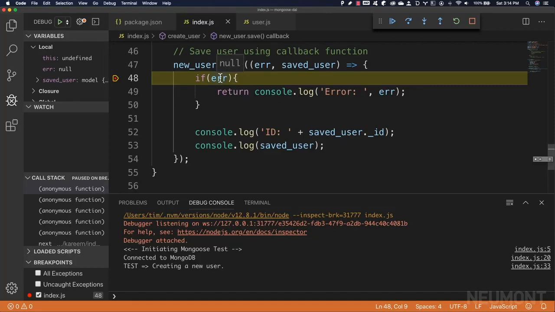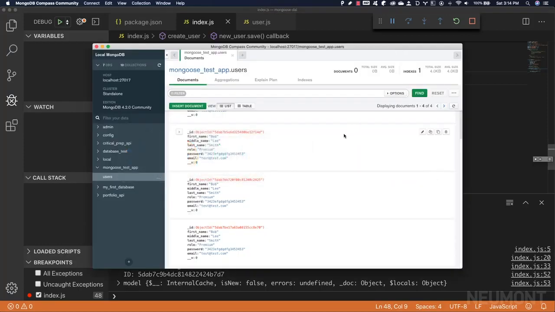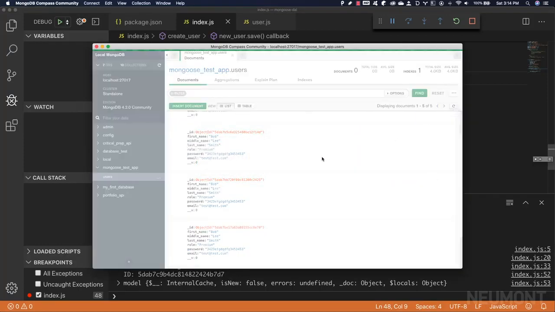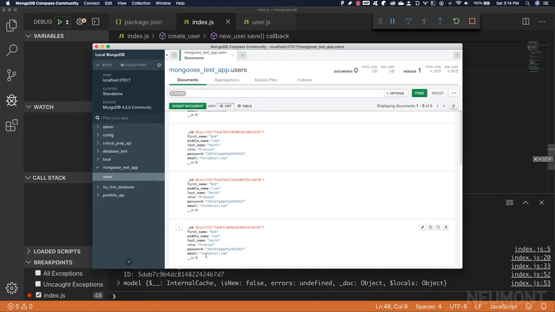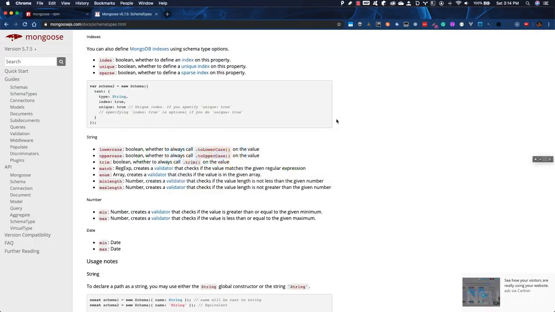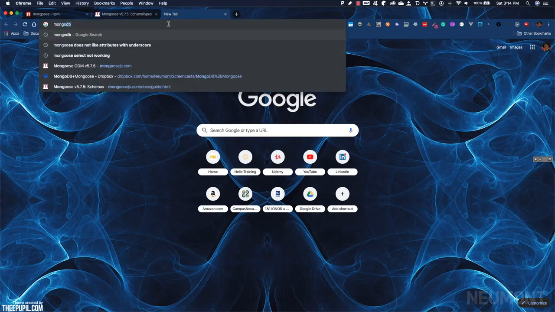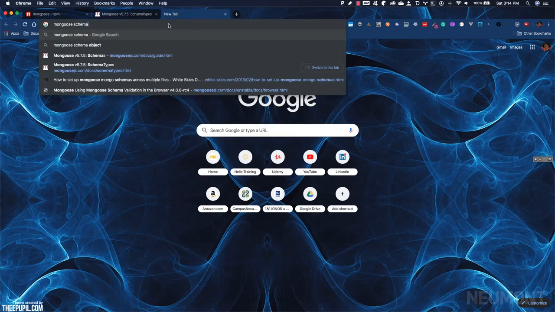Should break right here. Still no errors if we click play. And then we go back to our Compass and we refresh. We see that it's still allowing the same value to come in through that. So for some reason, unique is not working. So the next step that we would do, hopefully this is helping you guys understand how we debug and how we work through problems. Let's do Mongoose Schema